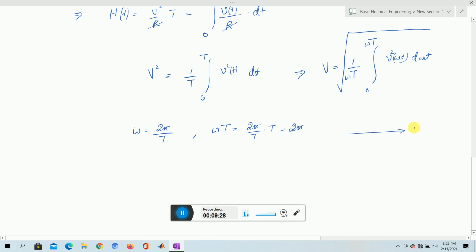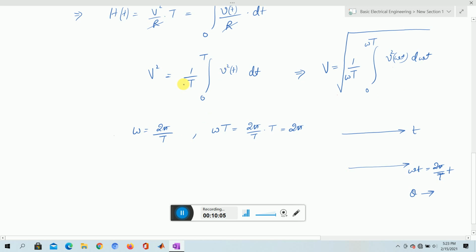Earlier the x-axis we can write in terms of time. We can also write the x-axis in terms of omega t. So that value is like omega t is nothing but 2 pi. So we can write this as 2 pi by capital T into t. So it makes a change in the scale. So here the scale is t and here the scale is some constant into t, or we can write the scale as any variable, as theta. So like that, if we change the scale, accordingly the quantities will change here.